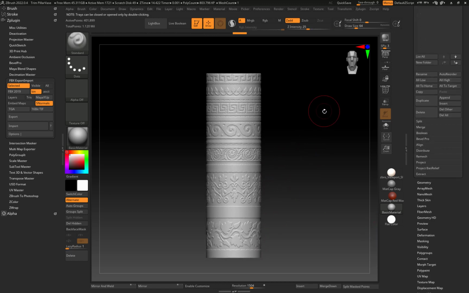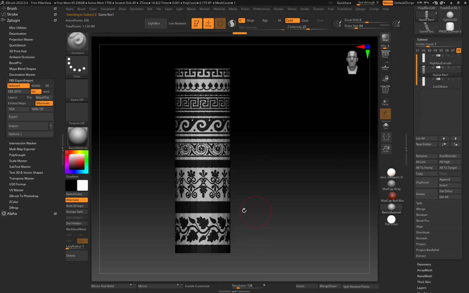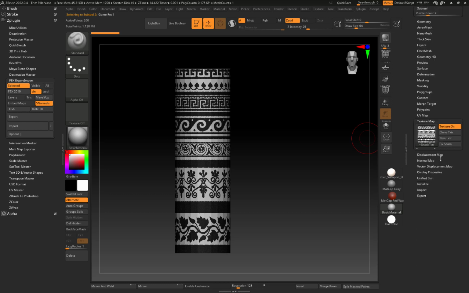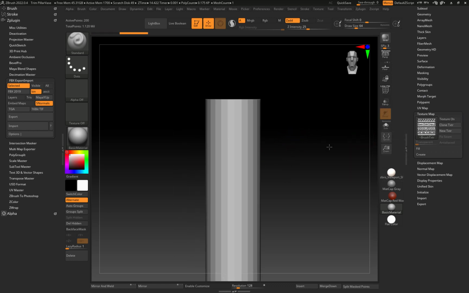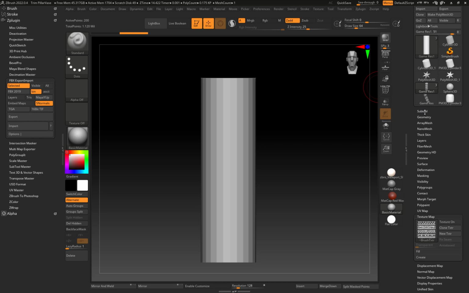So we should have a version of this, and we should have another version, and then we should have a game res version of the model, meaning that we have the same exact version of the cylinder before we did the textures to it, and I'll turn off the textures. So it's just the cylinder that we imported, in our case, from Max. Go back to